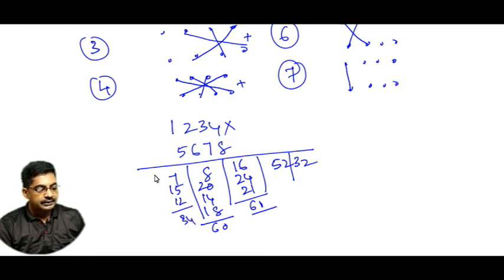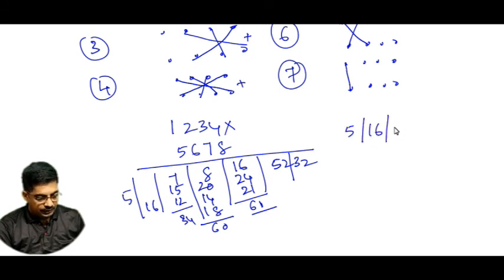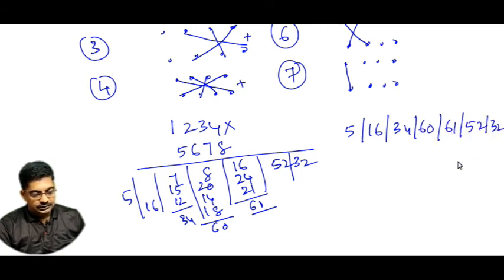Now the sixth digit will come by 5 2s are 10, 6 1s are 6, 16 will come. Seventh digit will come by 5 1s are 5. So now if you write down the digits 5, 16, 34, 60, 61, 52, 32,